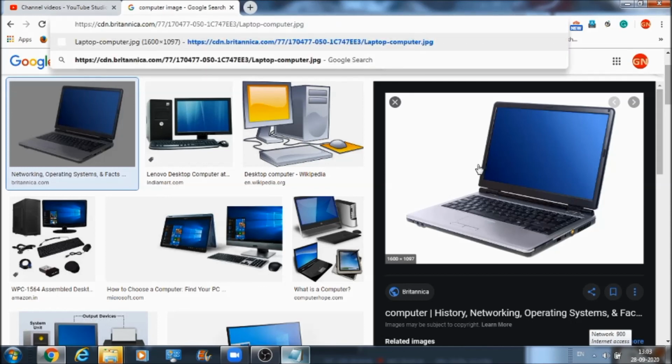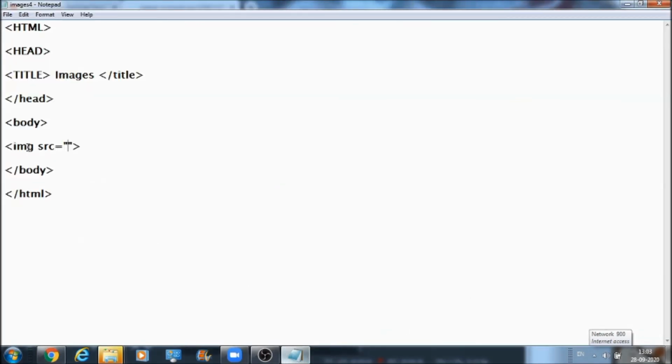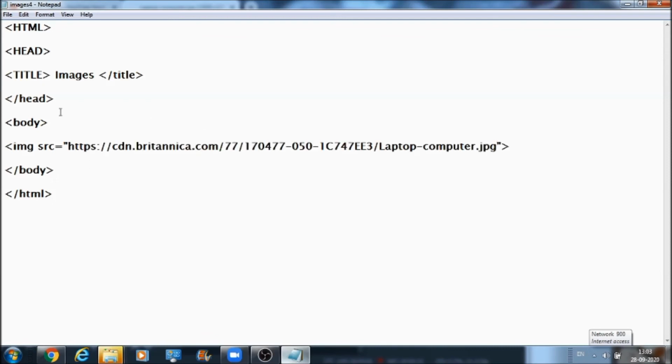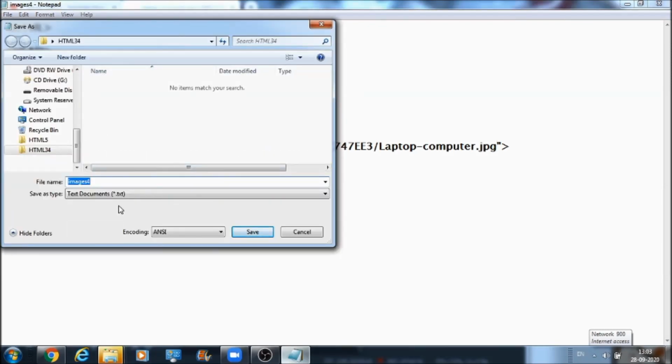If you paste it in the URL part of the browser, you will be able to access the image. If you want to access this image on your web document, inside this image source, in between these double inverted commas, you have to paste the URL of the image. Save the web document with a unique name.